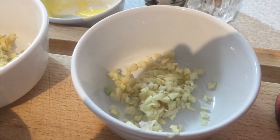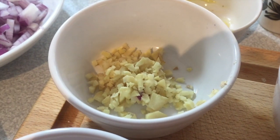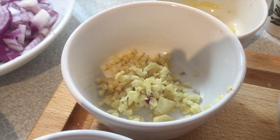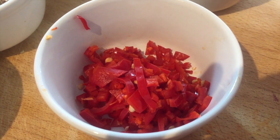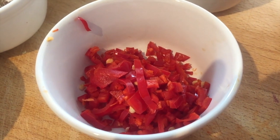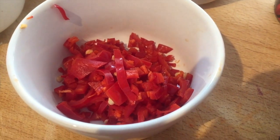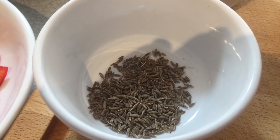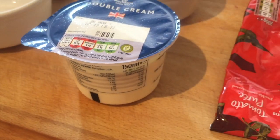chop up 2 teaspoons of garlic, chop up 2 teaspoons of fresh ginger, a nice large red chilli or 2 small red chillies, depending on how hot you want it. There's different types, but I use just a standard red chilli. Cumin seeds, 1 teaspoon of cumin seeds, 150 ml of double cream,